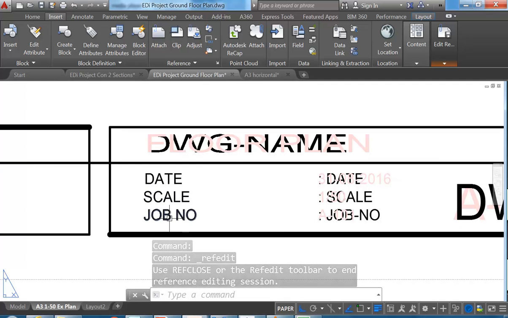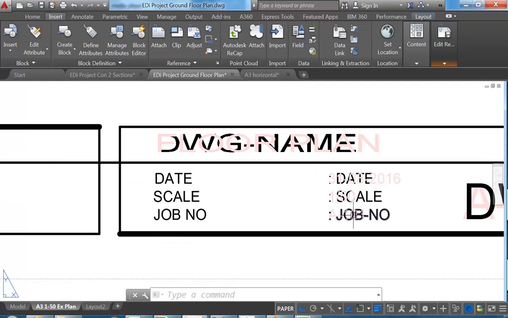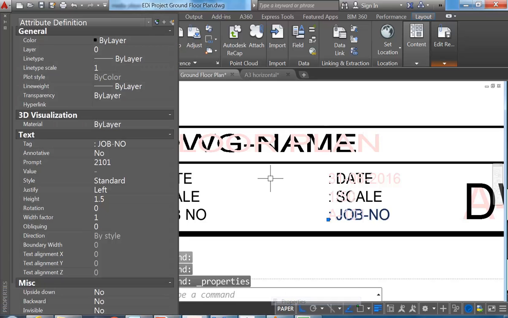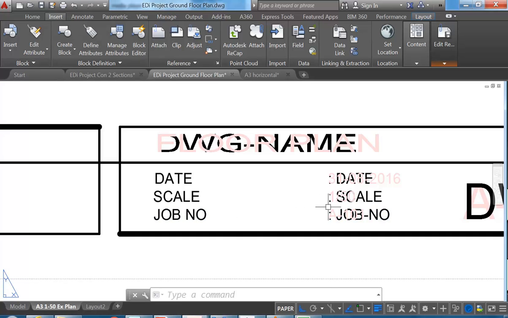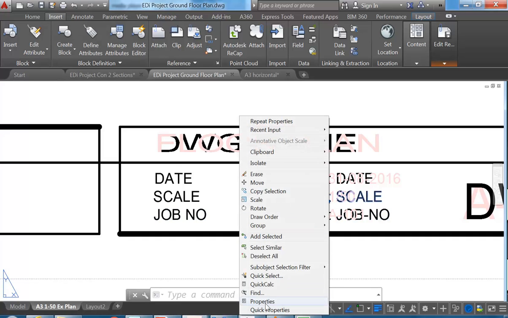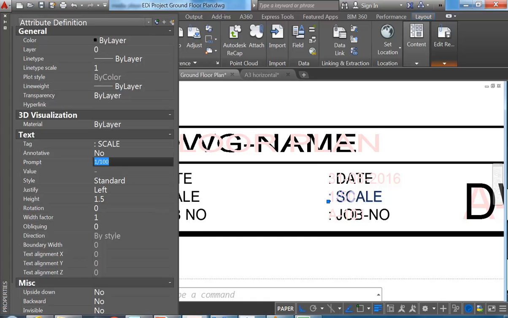So if I go through and find the job number attribute, which is this one over here, again right click, go to properties, and I'll change the prompt there to project or job number. I like project number. That'll do. The scale there, instead of the prompt being 1 to 100, the tag really should have been that, but that's okay. So we'll make the prompt scale,